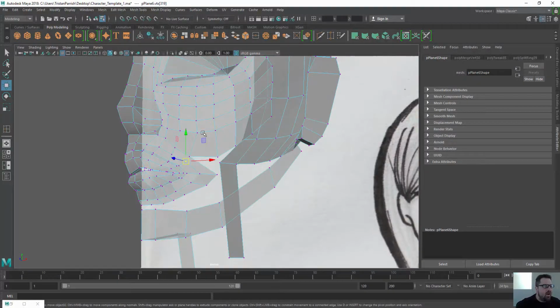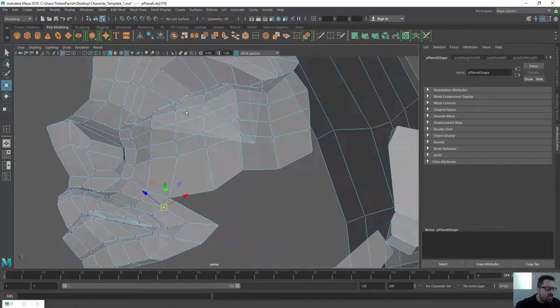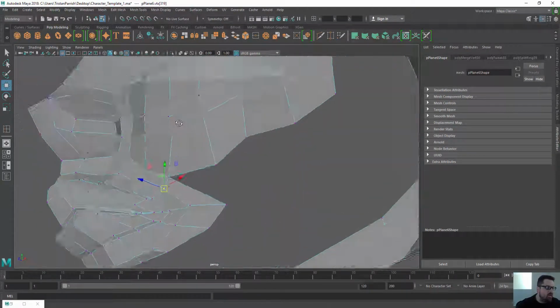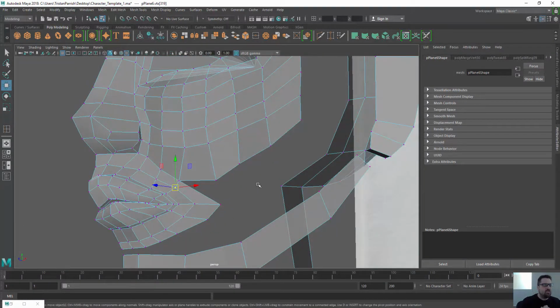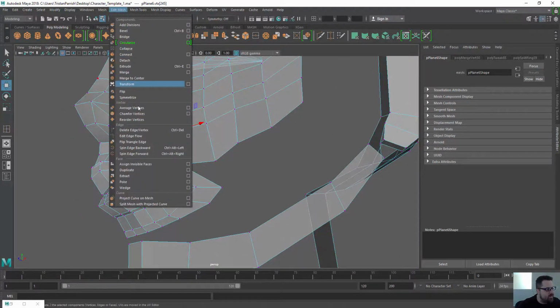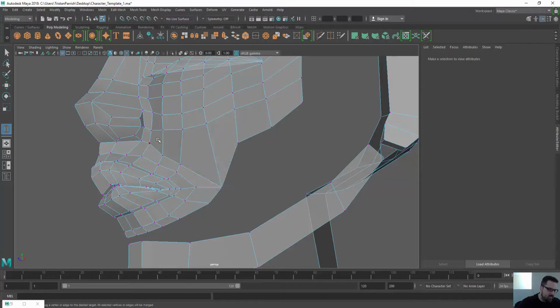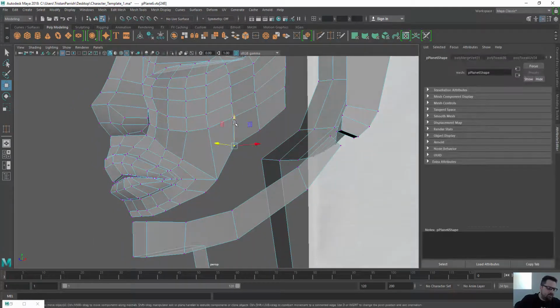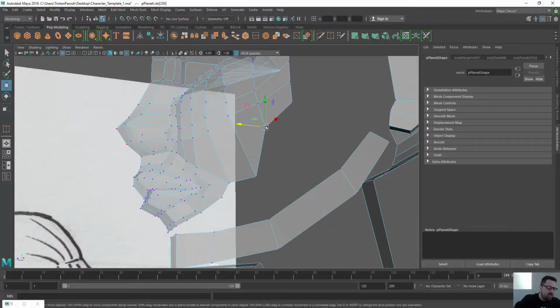details and shapes. So I think that in this case, because we've got a lot of these edges continuing off of the nose, what we need to start doing here is merging verts down towards the chin, and repositioning some of these verts so that they follow the right flow. So I'm going to go ahead, Mesh Tools, Target Weld. Oh, I always forget to do that. Make sure you don't have a vert selected. So I'm going to slide this one down here, and this will be the anchor of the